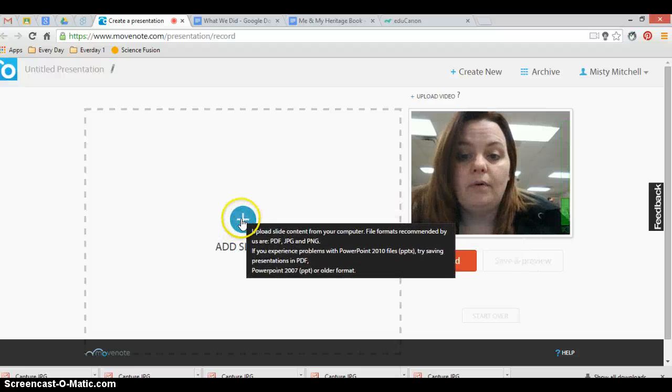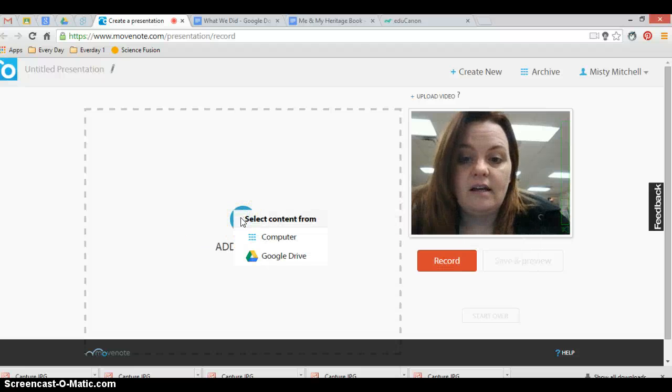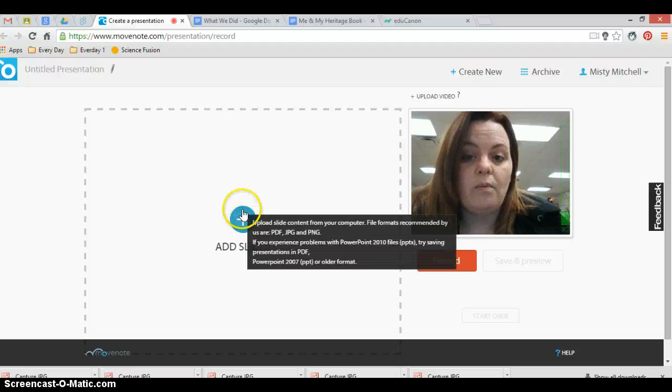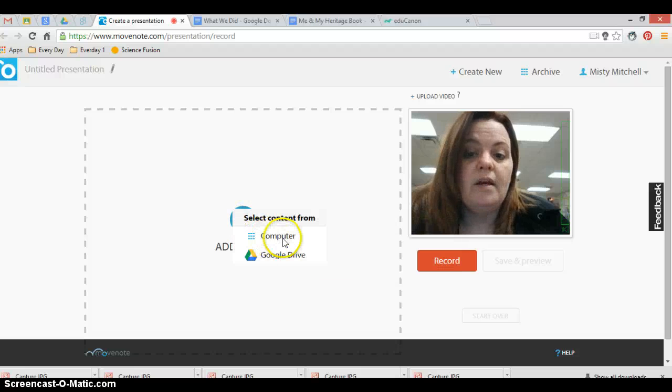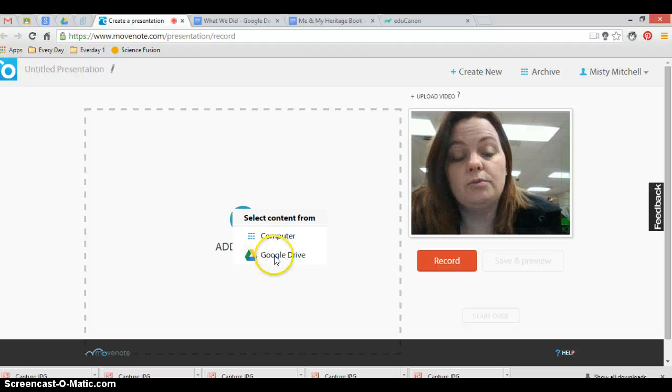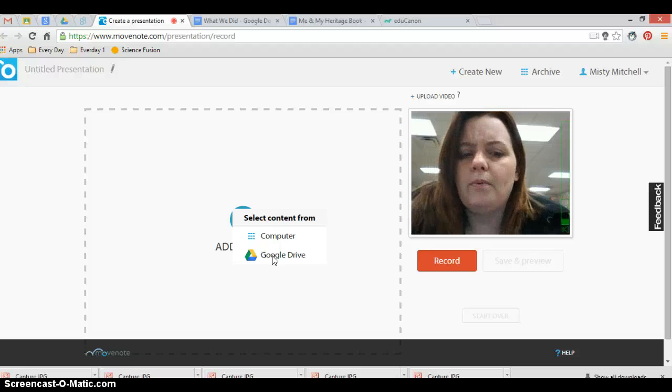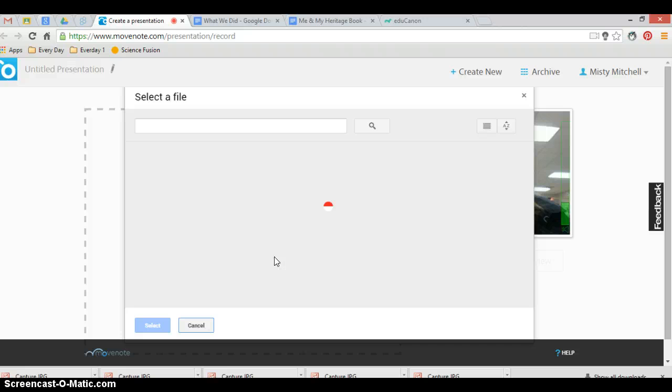So now I'm going to click add slides, and it's going to say, okay, where do you want to get the slides from? Maybe you have a PowerPoint on your computer that you want to use in this Movenote, or a presentation that you've made in Google Drive. I'm going to choose one in Google Drive because pretty much I've converted all my PowerPoints into Google presentations by now. So I go to Google Drive,